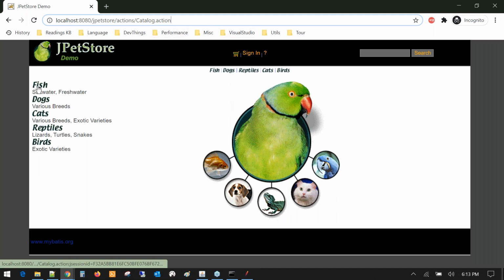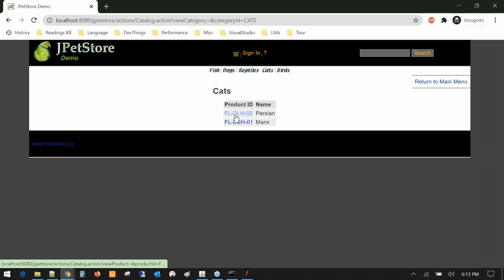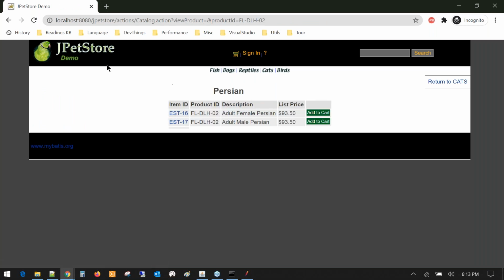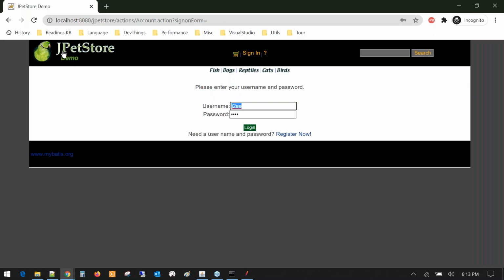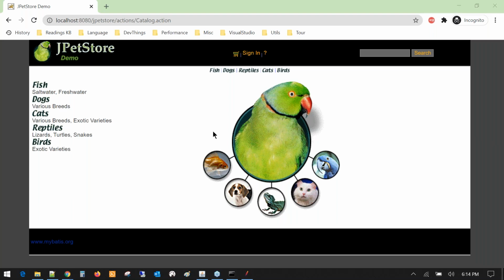This is the launch page. There are different pages. Fish, dogs, reptiles, cats, and under those there are a few different items. There is a sign in button as well. So a lot of things. What are you going to do, what are the things inside your mind? What is the idea of doing performance testing for any website? It's quite complex at the very beginning phase, because you are not an expert in performance testing of any website. So I will guide you through how exactly you can make sense of doing performance testing